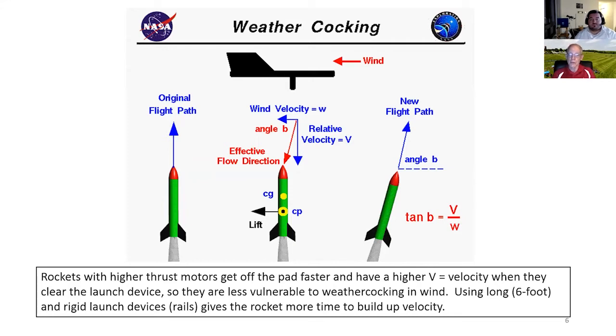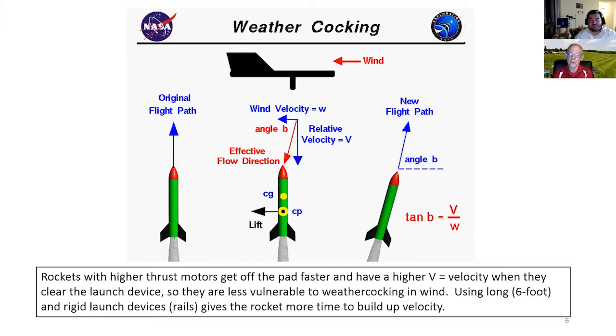So using a higher thrust motor is a good thing. I had a team propose to me the other day in a Zoom mentoring session that the flight simulation said that the perfect motor for their rocket was an F-12. I said, no, absolutely not. That has such a low thrust to weight ratio that your rocket will stagger into the air, and it has no chance of going vertical because the computer didn't know that. You didn't put a crosswind factor into the computer simulation.